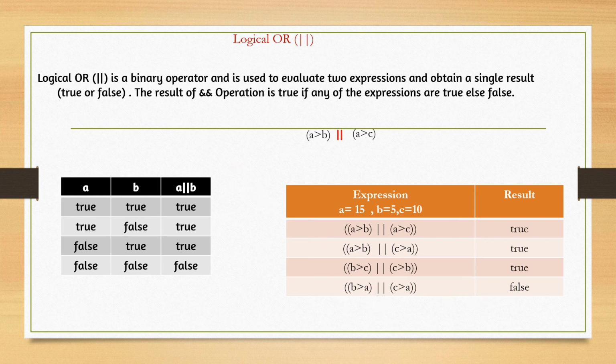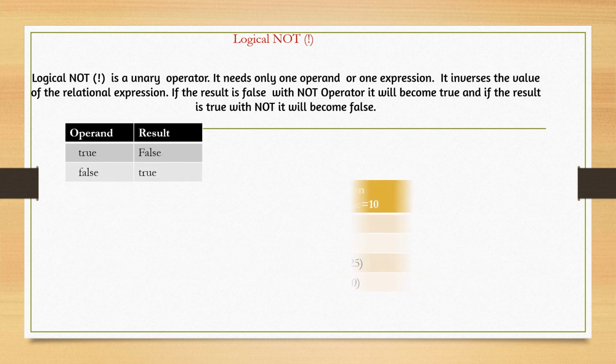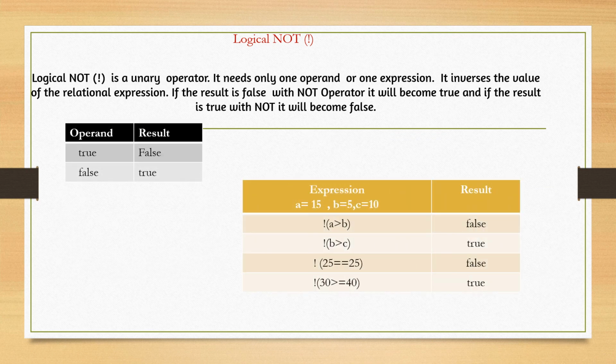So we should understand the concept of logical and and logical or. Maybe one or two questions can come for the output. And logical not: whatever the output, if you put a not, then the answer will be the opposite. A greater than B, the answer is true, and when you put the not, the answer will be false. So analyze the expression, and after putting not, the opposite of the expression will come as the answer.